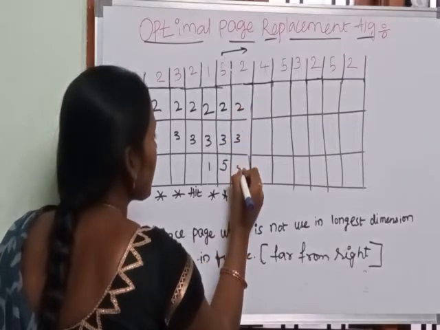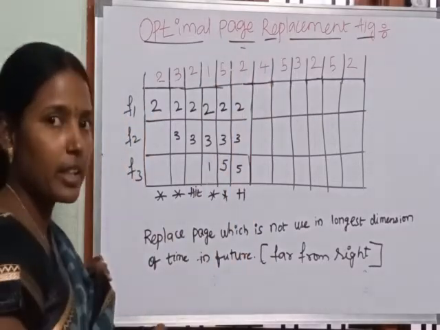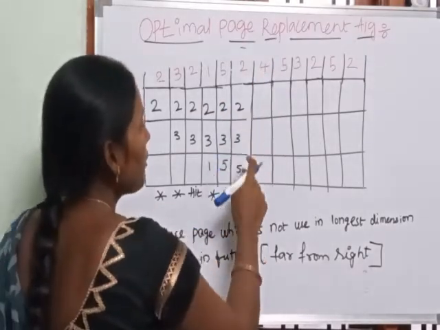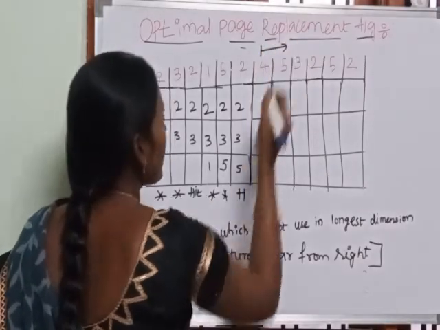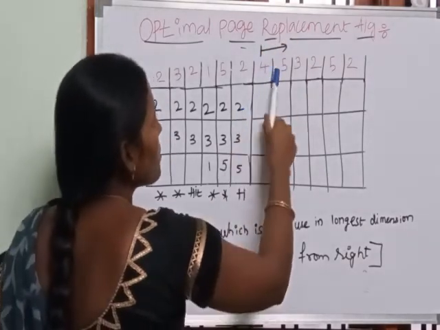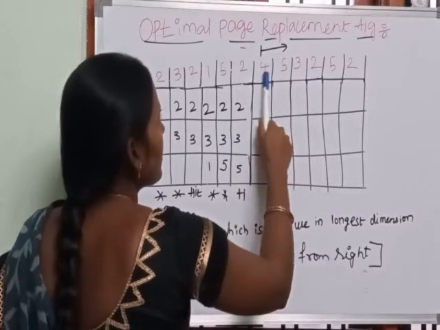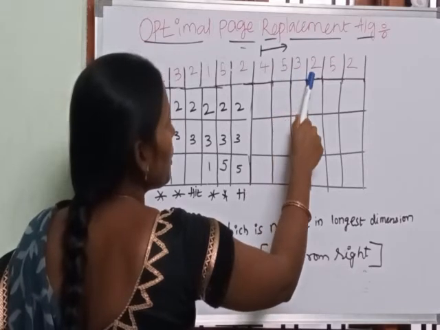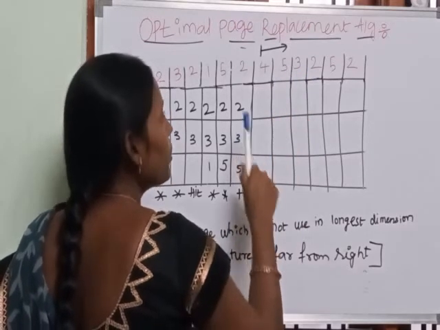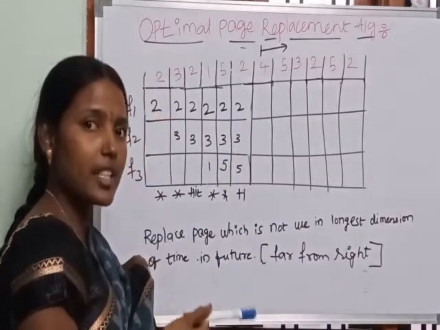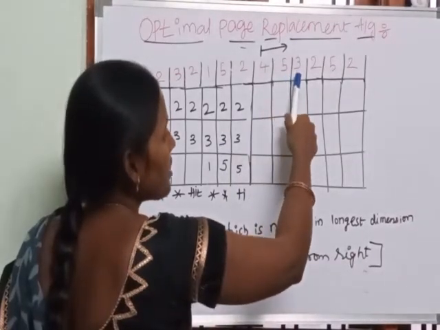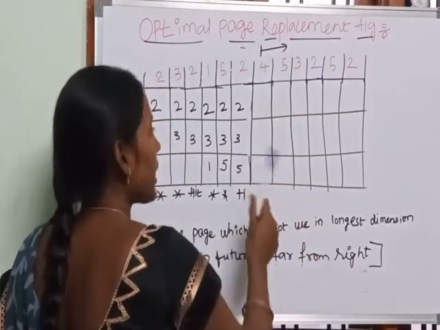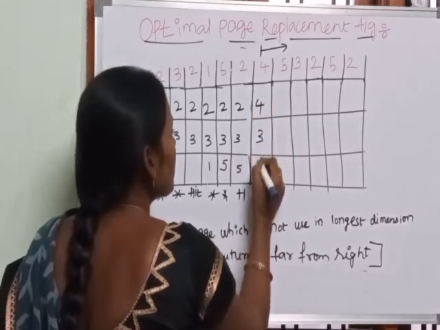2, 3, 5. Now which one has to enter next? The page 4 has to enter into the frames. So consider from 4 to the right. Now look at 2. 2 is here. Next 3. 3 is here. Next 5. 5 is here. Out of these 5, 3, 2, which page are we executing last? 5 is here only. Next 3 is executed. Next 2 will be executed. So 2 is the farthest to the right. So 2 is to be replaced with 4.